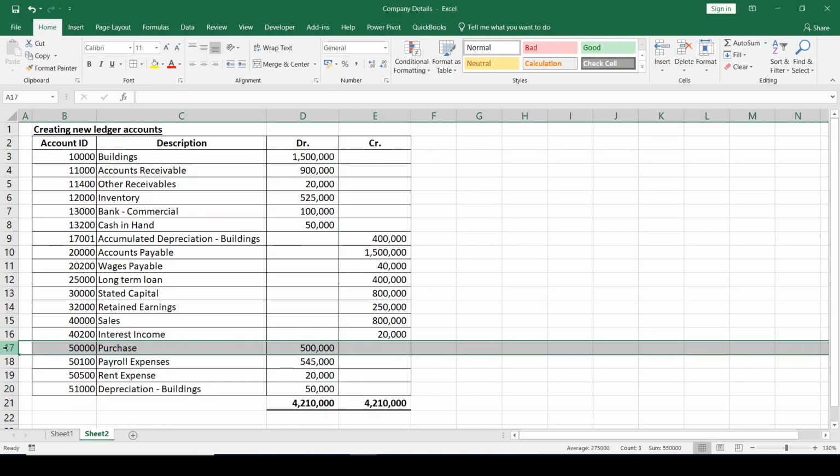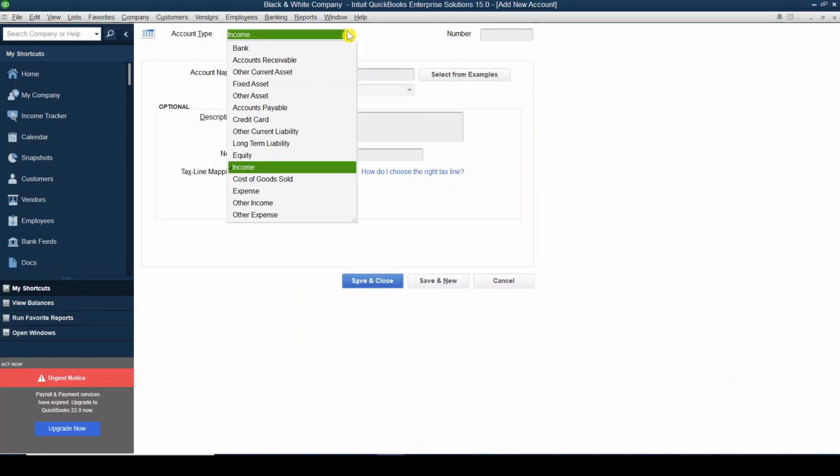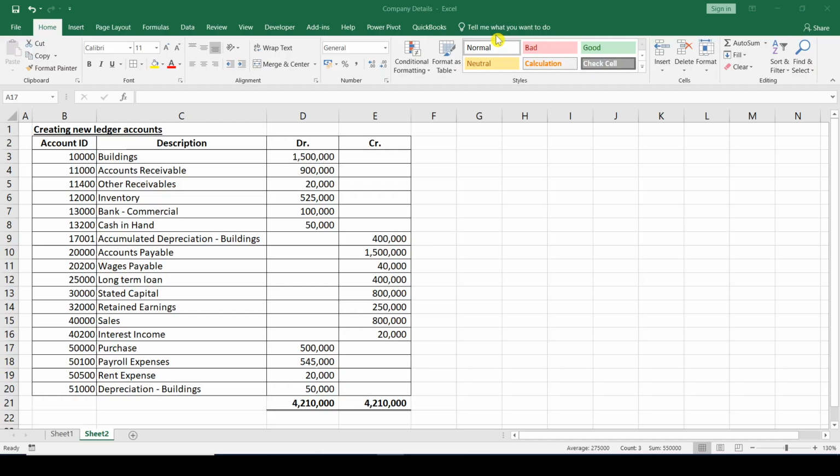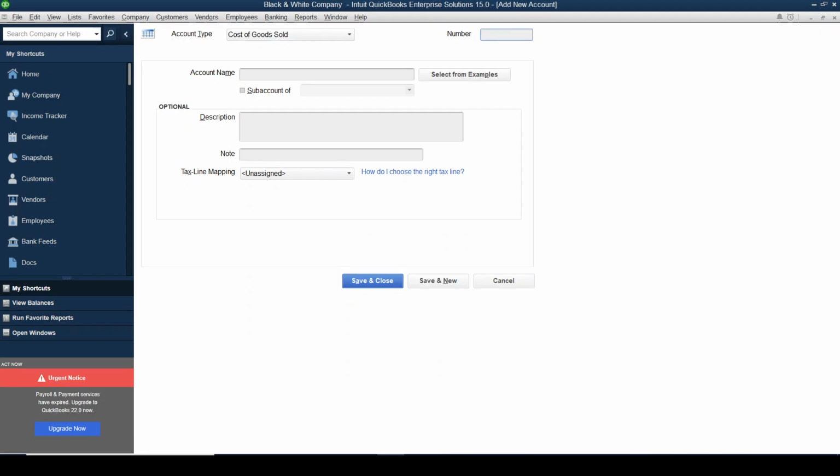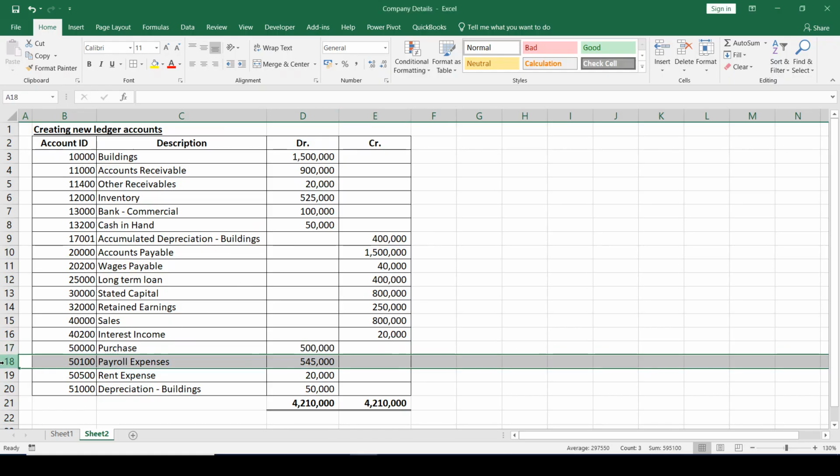Then under account ID 50,000 we have the purchase account. The correct account type for purchase should be cost of goods sold. So we need to select that, cost of goods sold. Account ID is 50,000. Account name is purchase. Click on save and new. Then